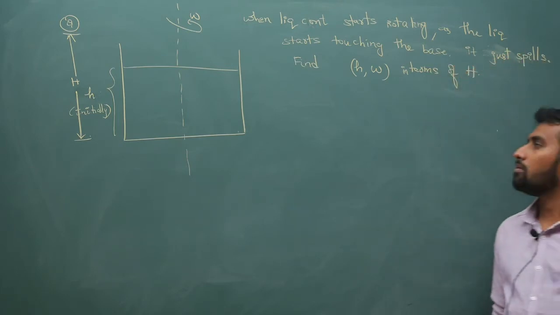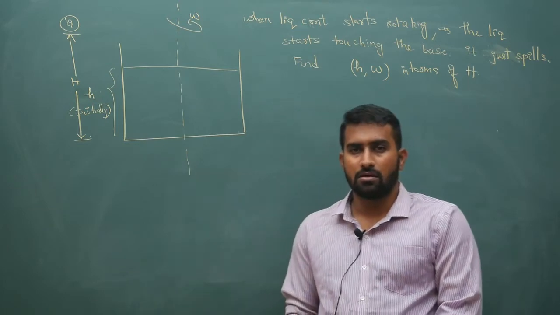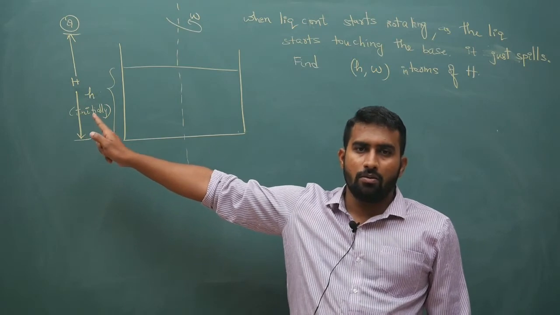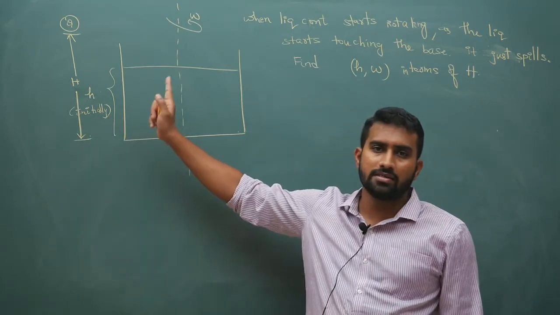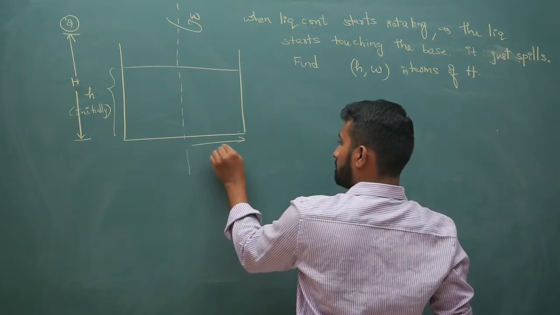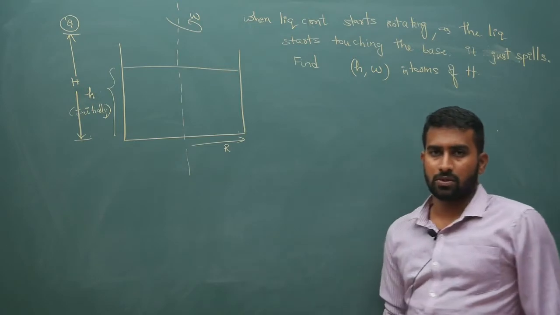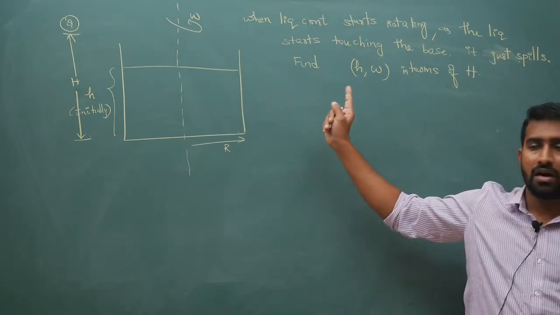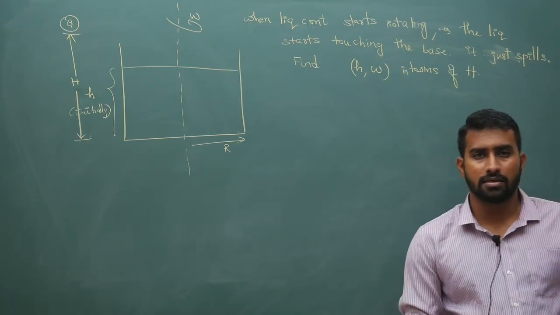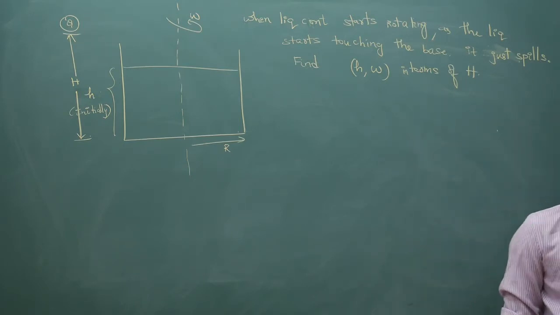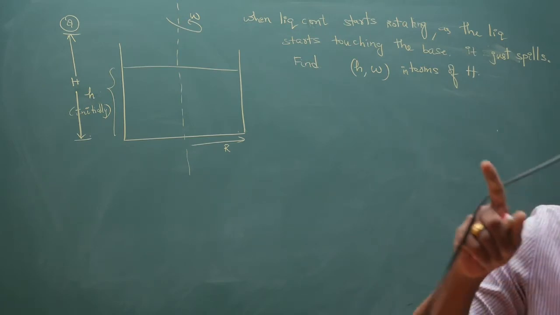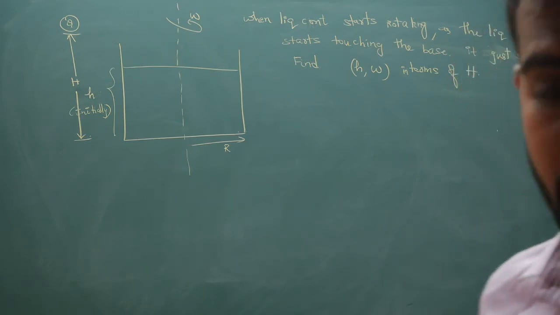So what is given in the question is only capital H. What you are supposed to find out is small h and omega. Assume that the radius of the container is given. You are supposed to find the height and angular velocity. Acceleration due to gravity is also given, so assume it and do the calculation. Try it for a minute, then I will explain the solution. Come on, try it sincerely. One minute time.